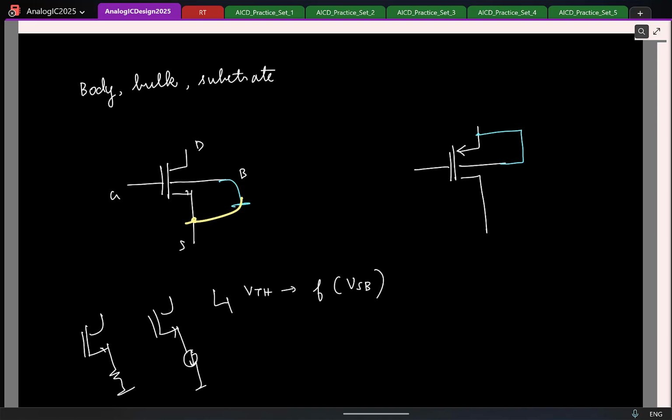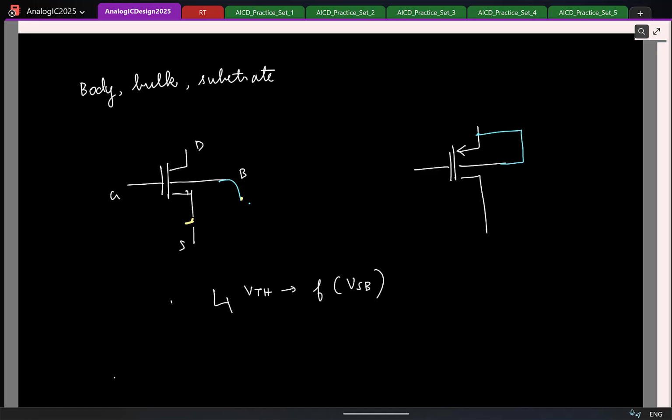The substrate terminal for all the NMOS is tied together. So if you short this, you are inherently shorting these two also. So never mind. Just remember that